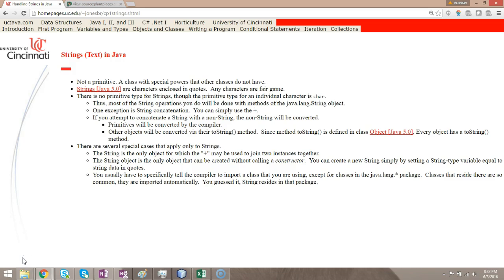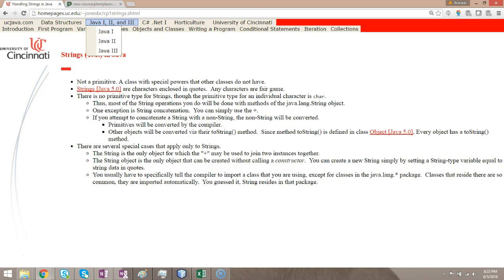It's really an object, but strings are so common, we get some special privileges with them that we don't get with normal objects. So, technically it's an object. It gets a few extra things that objects don't get. So we're going to go through some of those extra things, and in several videos we're going to talk about